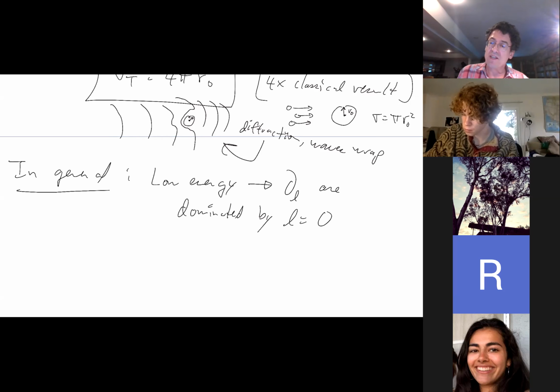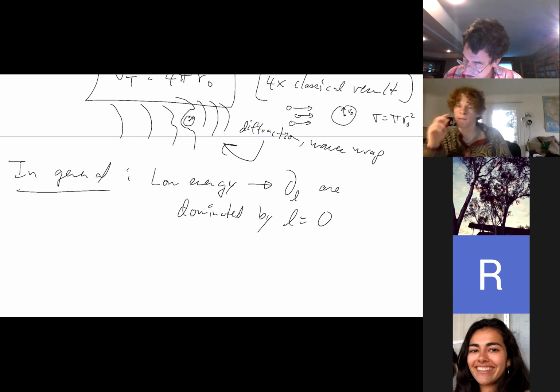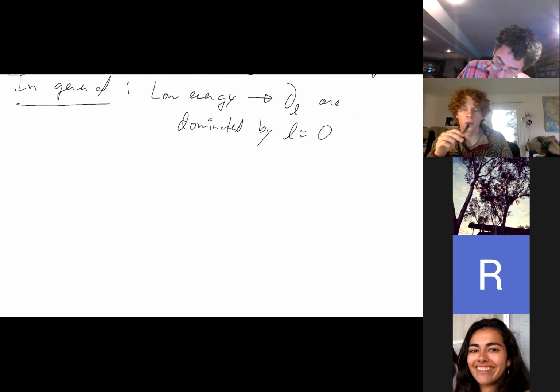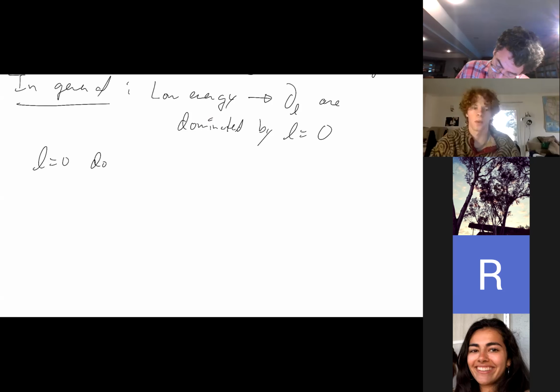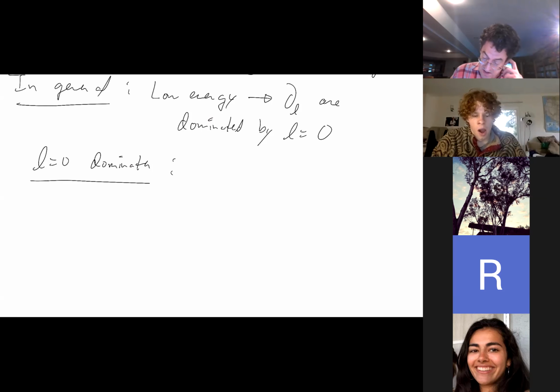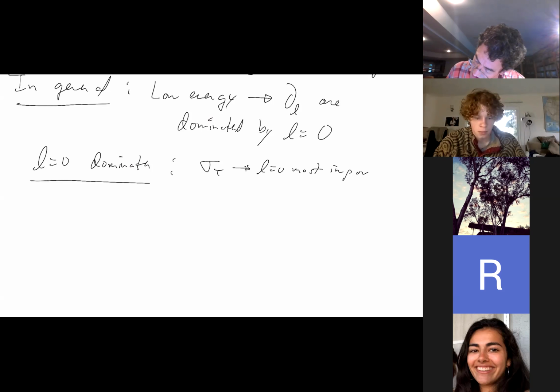The L equals 0 phase shift is the dominant phase shift. L equals 0 dominates. And when I say dominates, when you calculate the cross section, then the L equals 0 is the most important one. And there's a really simple physical reason for that, which is that you